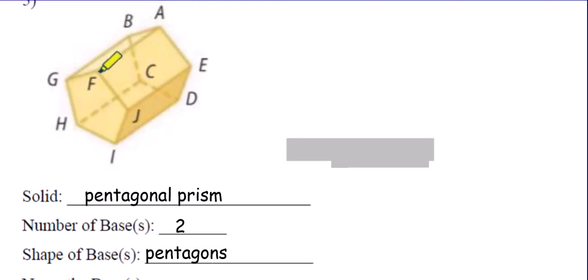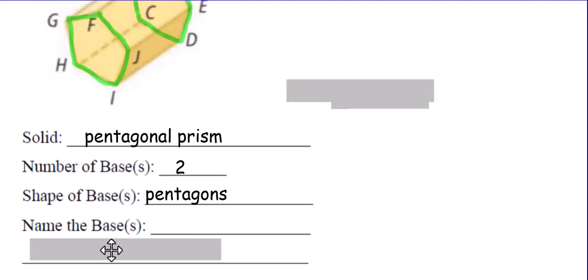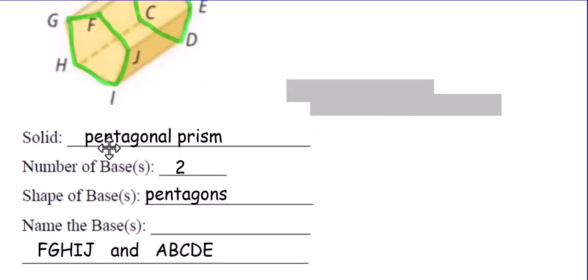I'm going to use the green highlighter here so it sticks out a little bit better as I try to make my lines as straight as possible, which is hard with just using the mouse on the laptop here. But these 2 parallel pentagons will be my 2 bases. And I'll go ahead and reveal the names of those. I call them FGHIJ,